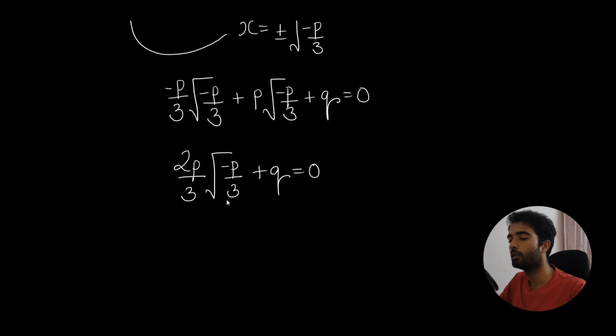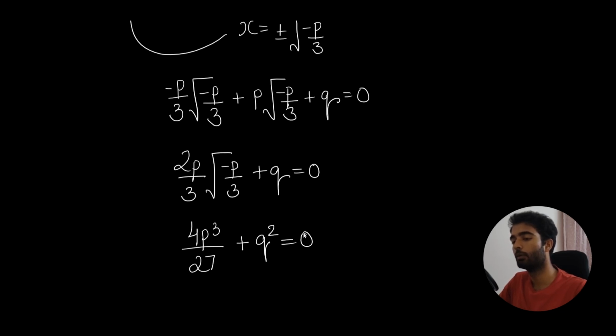Now we will take each of the terms to either side of the equality and square them to obtain this equation. There would be a minus sign coming out of it, and if we take it again to the same side, we would be getting a plus sign. And this would be our equation, and this can be simplified to write